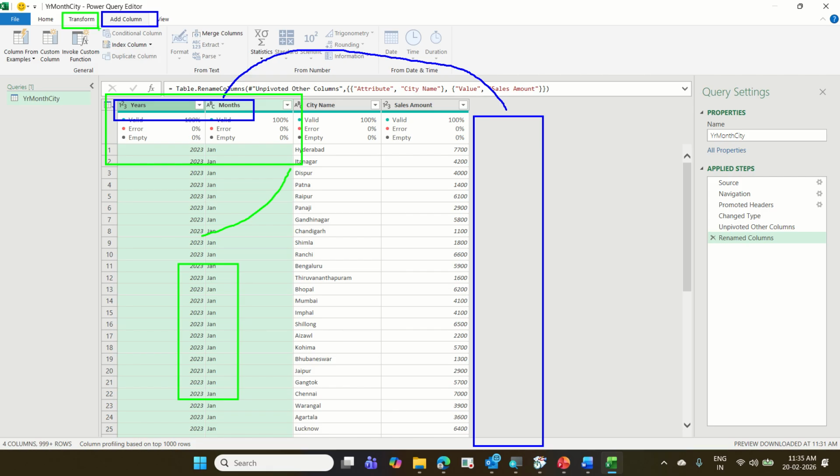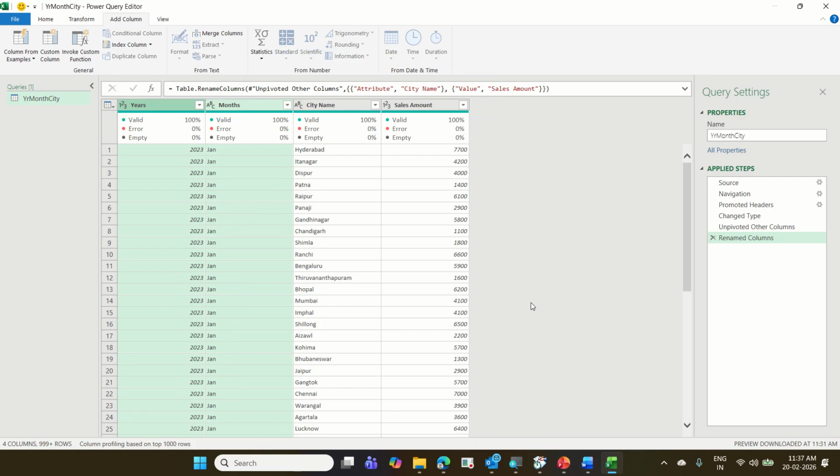Now tell me which is better here. Can I go for add column or can I go for transform? Transform is better here because I don't want an extra column. If I merge it and get one column called sales date, that's easier for me. So what you said is correct. So let us select the month, year, transform,